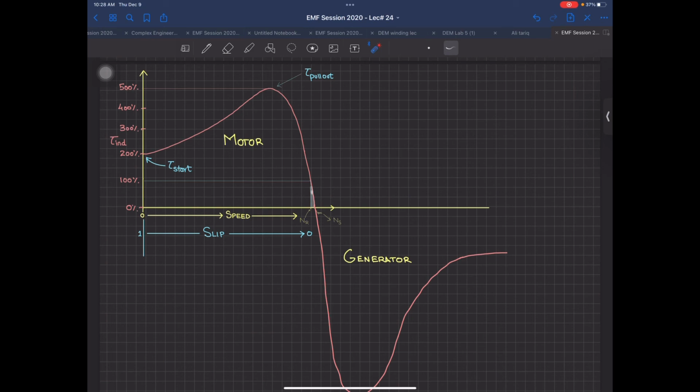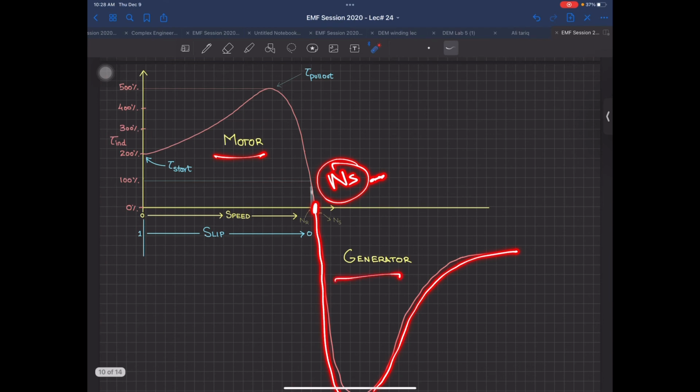And you are doing this experiment also in the lab, I guess, where you start a motor, उसको floating point तक आप लेके जाते हो. That floating point is this point where your Ns. That is the point. ना वो motor है ना generator है. At that point zero power. ना इधर से आ रही है ना इधर जा रही है. But when you increase the speed, then it becomes a generator over here. ठीक है? So a motor will be converted into a generator, and this is a very big problem.